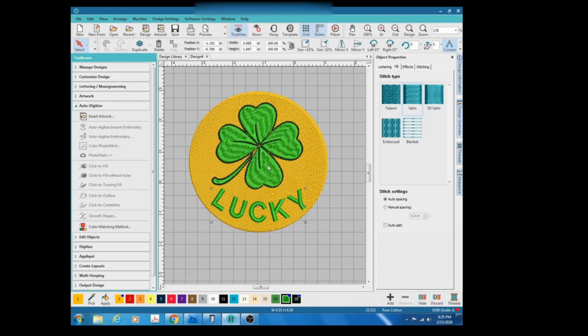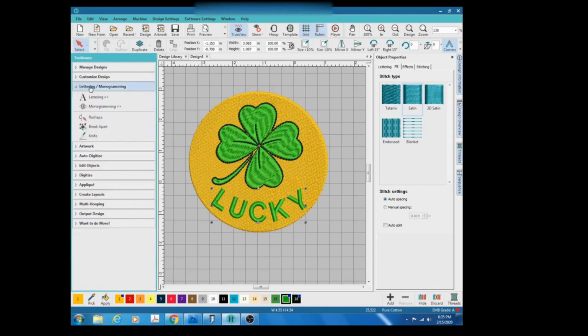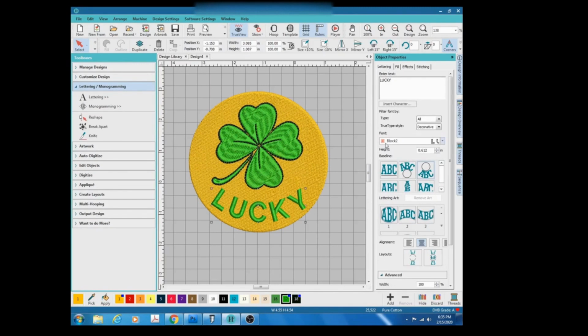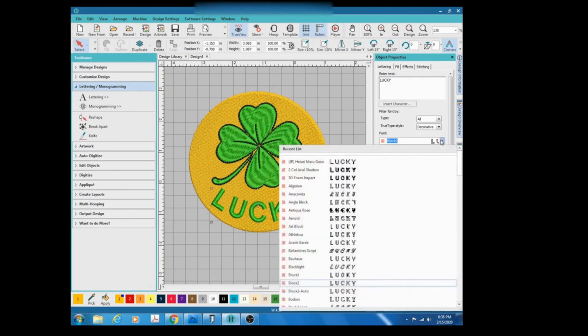Now, the next thing I noticed was I wasn't really happy with how the lettering looks. So in order for me to change the font on a letter, I clicked the word, or the lettering, I should say. I'm going over to the lettering menu, which actually I don't need to do. I just need to go over to the object properties menu, click on lettering right here, and right here you'll see the font. Click on that, and I want to use something that seems to go